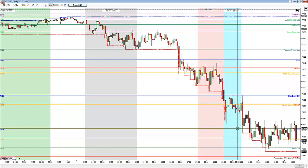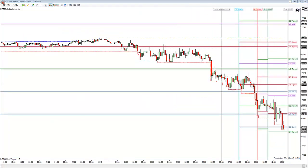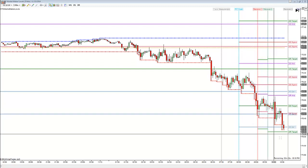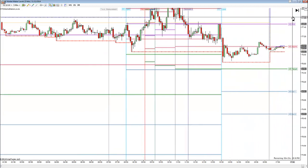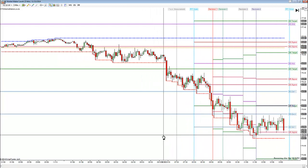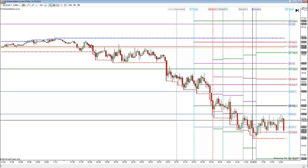Now, we also had a minor support up here at 75, resistance at 75.34. And if you were in the room for the entire day, you knew and you remember me saying, look, we are going to get down to 74.80. And that was going to be the level that we were going to be targeting. So I'm going to fast forward here a little bit. Whoops, hang on a second. I'm going to fast forward us through here, and you can see the chop that we spent in between 49